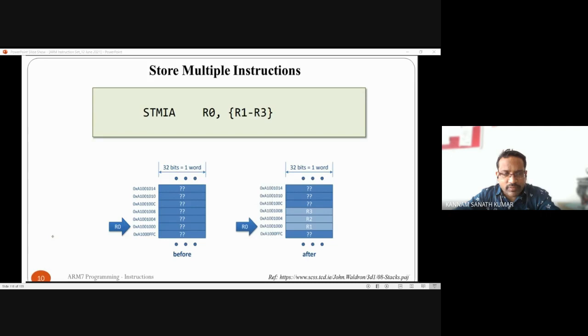After storing the program counter address into the stack, the program counter will go to the vector table. In the vector table there will be an ISR address, that means the interrupt address. That interrupt address will be loaded into the program counter, so it will go to that address and serve that interrupt. Okay. After performing that interrupt, the return address stored in the stack will be popped into the program counter. So again it will do the normal operation.